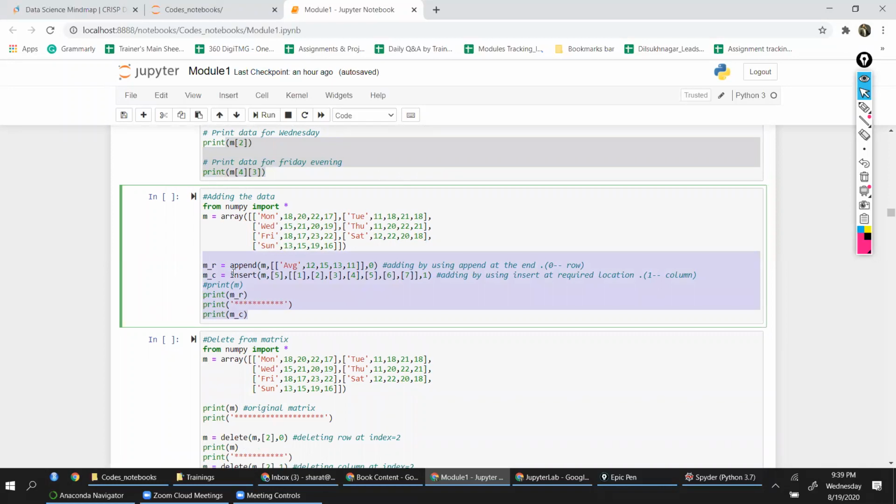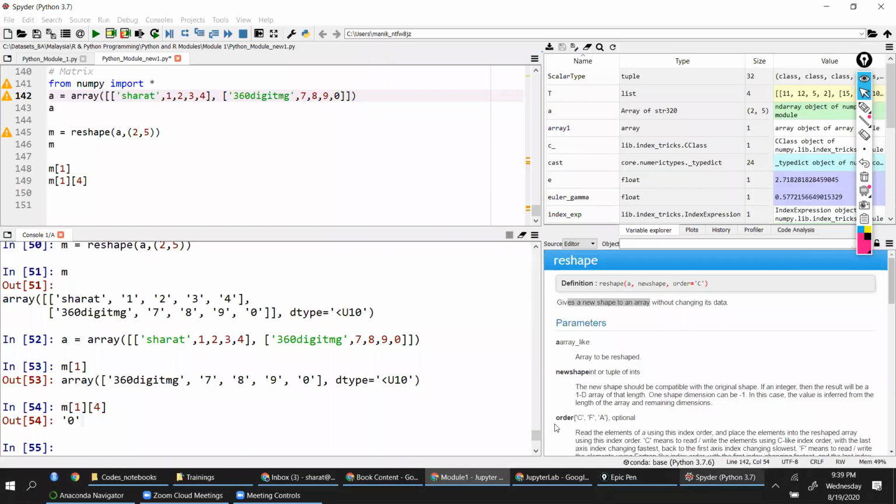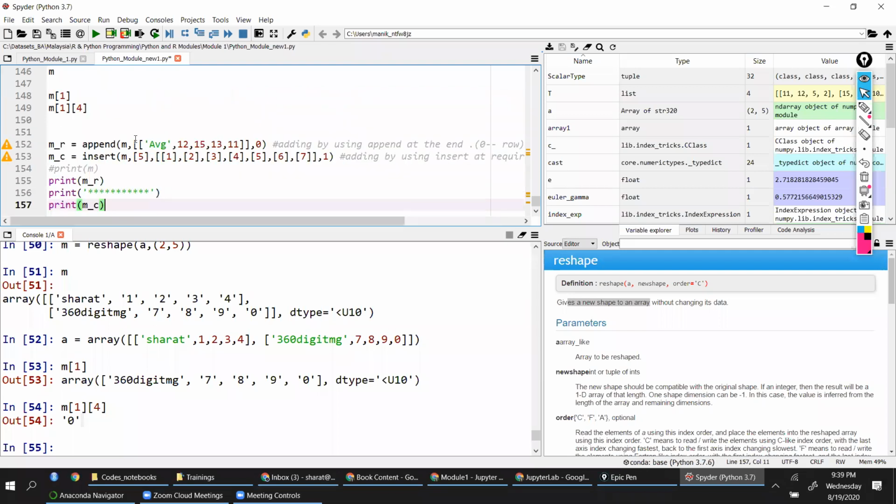I'm going to copy this and make edits. I don't want to type so much. Okay, matrix append. I'm doing this. I'll say, okay, average. So see what is happening here. I'm saying append. Append is a function that I'm using.